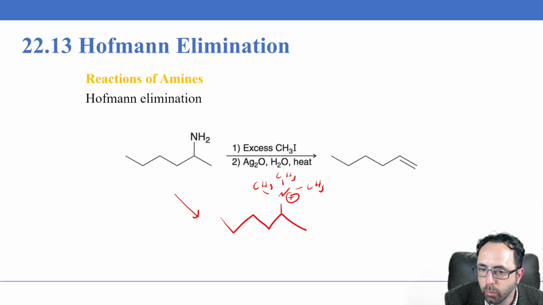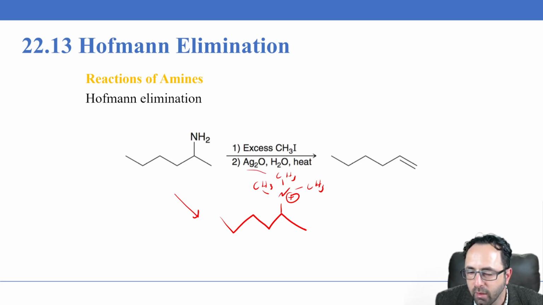Then we can react with a strong base, or what's practically used is silver oxide with water and heat, which will, remember, undergo Hofmann elimination, where we have the Hofmann product that is less substituted rather than the Zaitsev product that is more substituted,